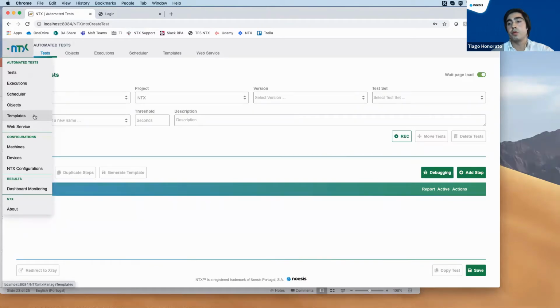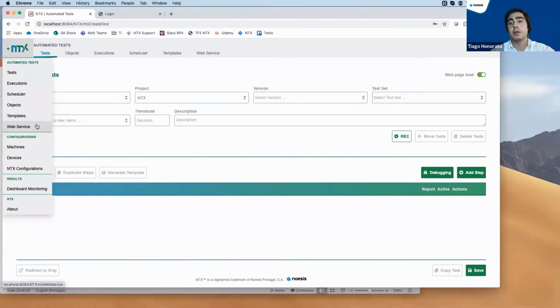For example, imagine that you have 100 tests where you do the login process. So this process is a good candidate to be in a test template. If you have this login process in a test template, you can use the template in those 100 test cases, okay? And if something changes in the login process, the only thing you have to do is update the template, and the 100 test cases that use the login template are automatically updated too. So here you gain a lot of time.